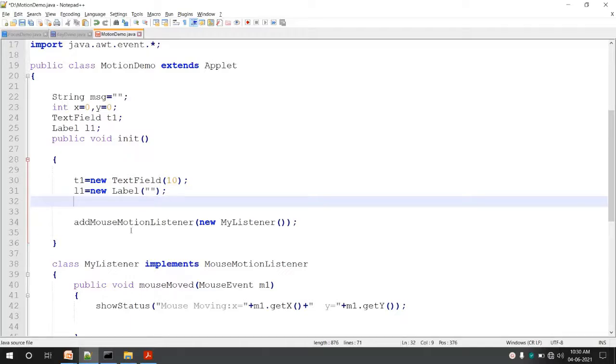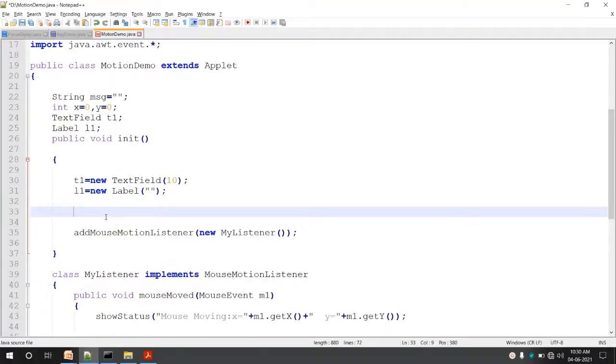We already have a mouse motion listener registered on the applet screen. Now we have to register even the mouse listener on the text field. Sorry, not mouse listener, text listener on the text field.